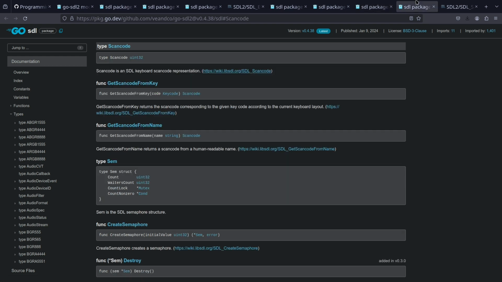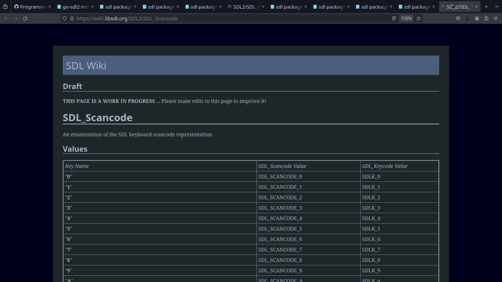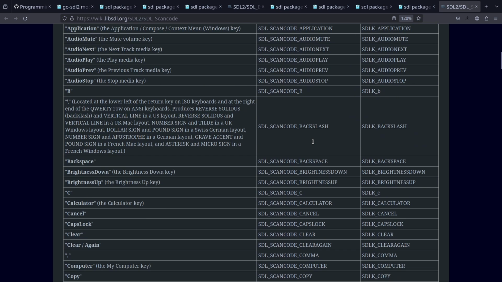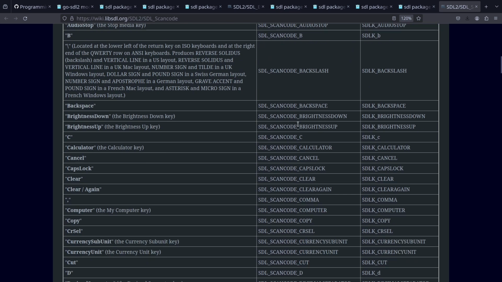If I open the scan code here, it redirects me to the SDL webpage. So here's the SDL webpage with the actual scan codes. So SDL scan code and then whatever key you want. And I want the SDL scan code escape. It just says escape. So basically what I want to switch on is,